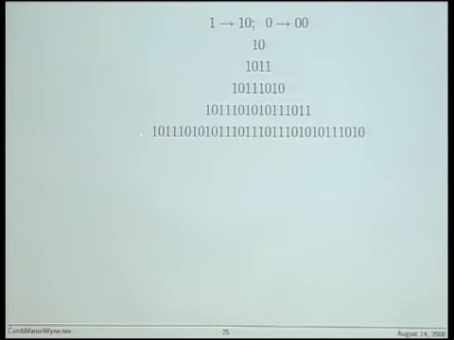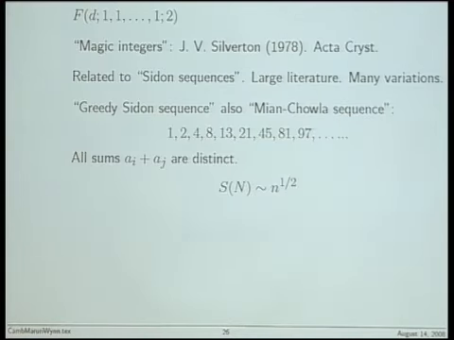And what this means is you take 1, you don't take 2, you take 3, you take 4, you take 5, you don't take 6, you take 7, you don't take 8, and so on. So this is a binary representation of the numbers you take as your generators as you move along the sequence. Okay. Another one, which is the 1, 1, 1, 2, turned out to be related to things called magic integers,